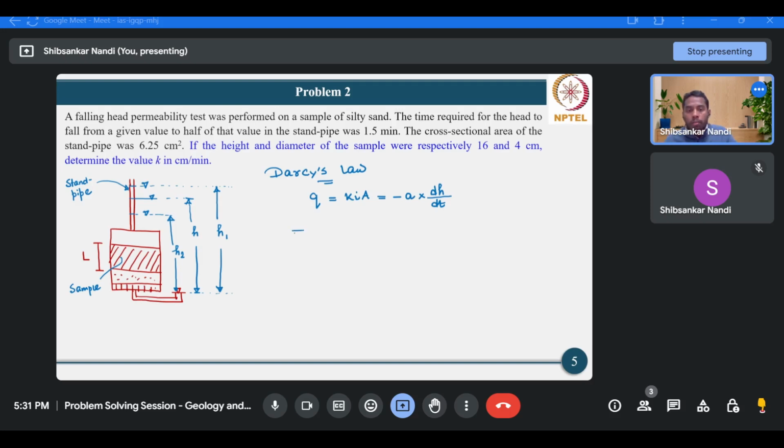Now if we rearrange this equation, K, this i can be written as h upon L, multiplied by A equals minus a dh by dt. Okay, we'll write down these notations at the end. So then this would be minus dh by h